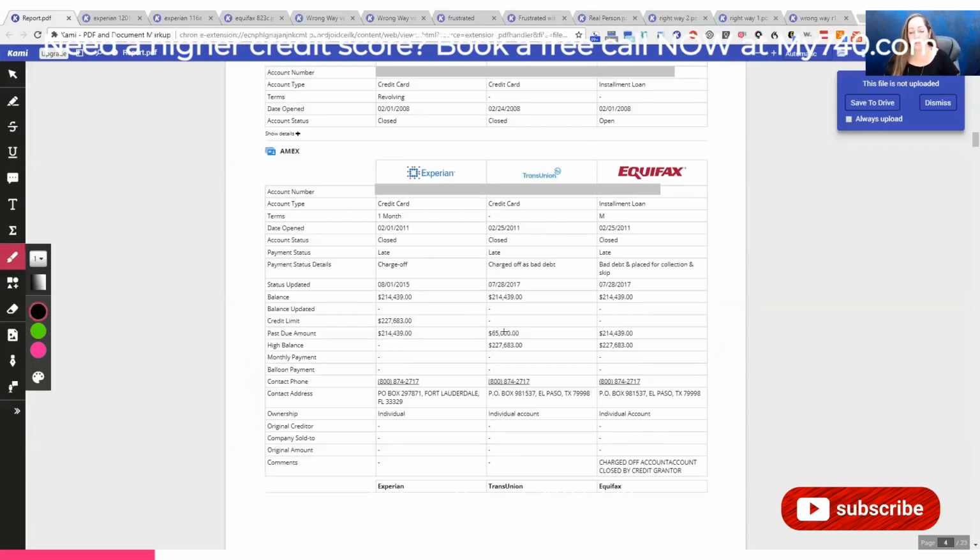$214,439 versus $65,000 versus the same exact thing as Experian. So that is disputable. How is one account going to have different information from the same creditor? So what you need to do is mark down these accounts, and I will give you what I use for